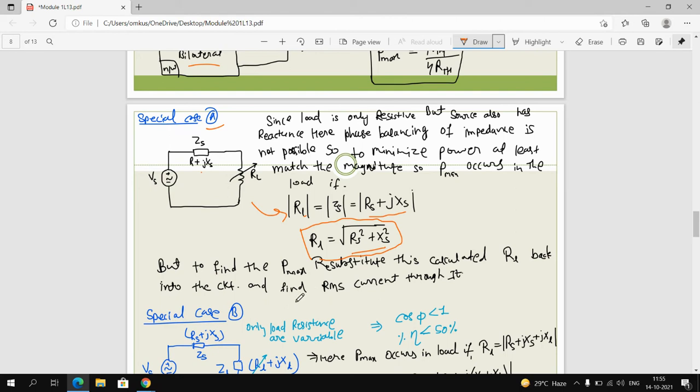Accordingly, you need to find the current, and once you calculate the current value, with the help of that you need to find the power. And in that case, how to find the power? Power is nothing but the current squared into this RL, because you need to find the maximum power transfer to the load. So in that case, Pmax is equal to I square R, right? You can also say I square ZL.